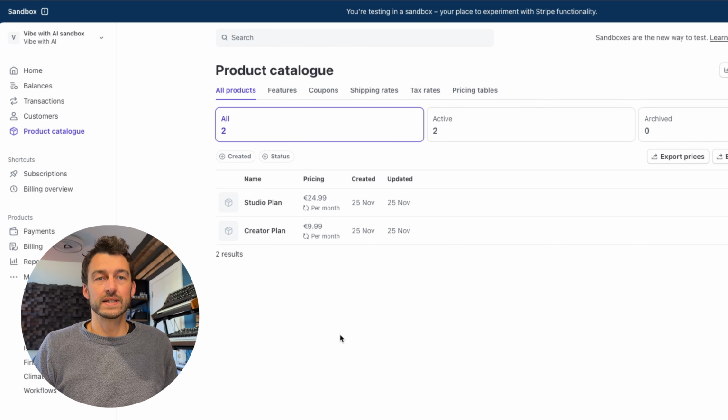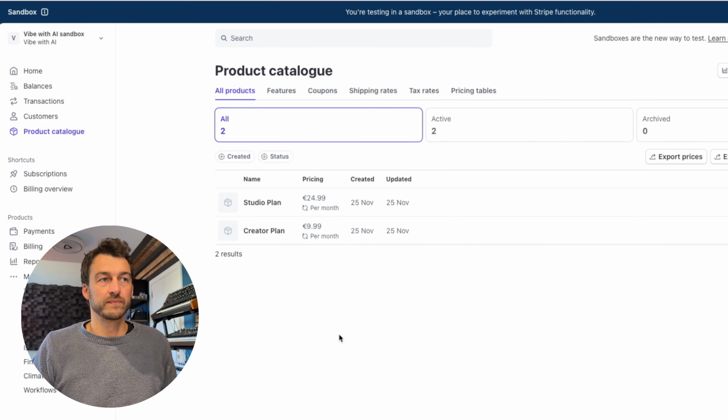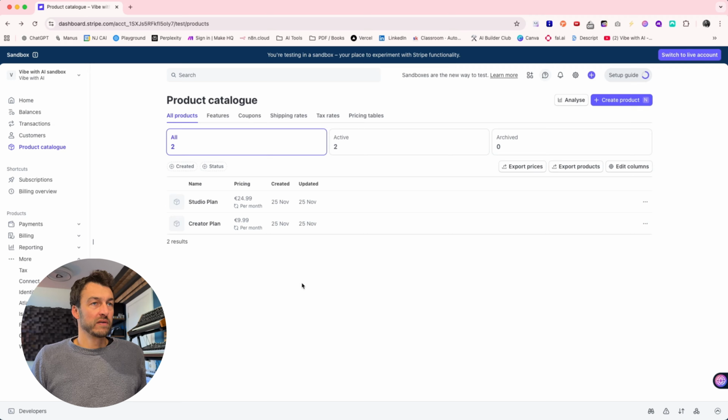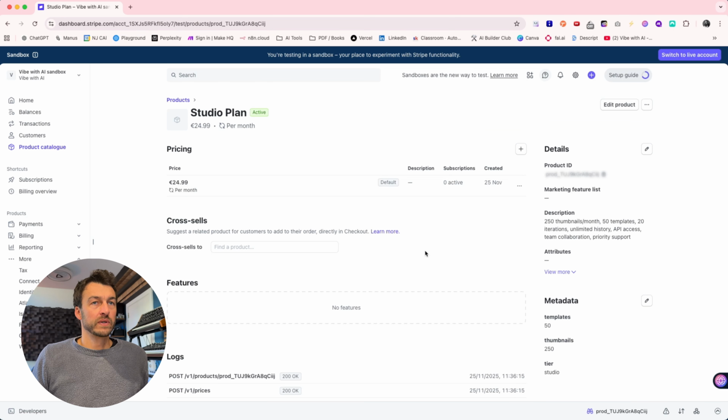Common practice here is about 2 months discount for a yearly subscription. Now what we need is the ID of each plan, because that's something we need to integrate into our code later on. So we're going to click on each studio plan, and we're going to copy here our product ID,